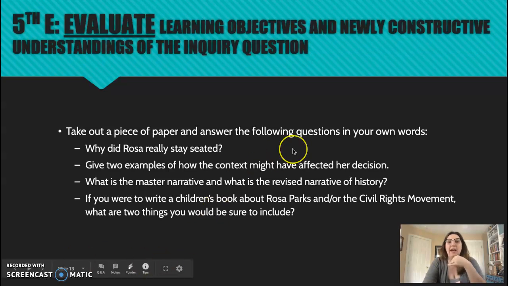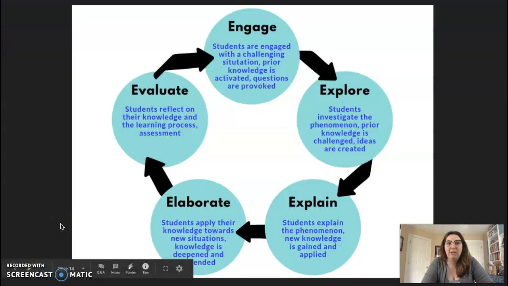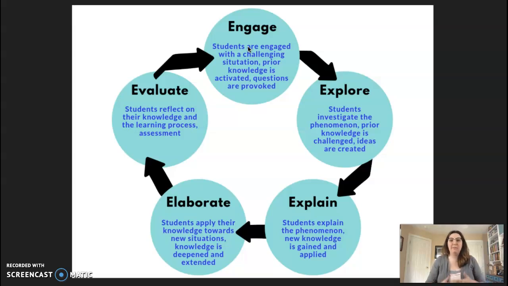So again, I have to have an assessment that allows them to show that they have constructed some new understandings to that inquiry question. I'm running out of time here in my 15-minute timer. So I want you to think about this lesson plan as something a lot different than a 6-step lesson plan. Whereas in a 6-step lesson plan, I might use an anchor chart at the beginning and say, these are the things you need to know, in a 5E lesson plan, I might have students explore and we might build an anchor chart together at the end. So it's the students constructing the knowledge.